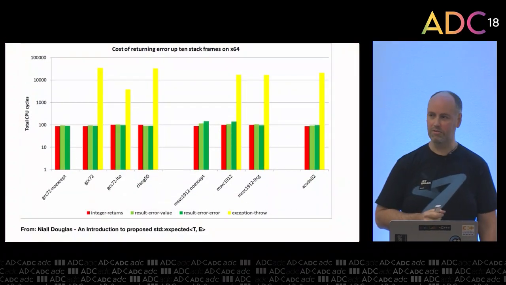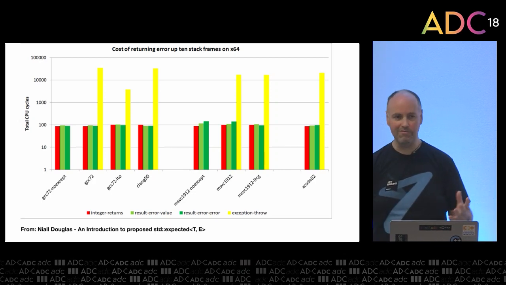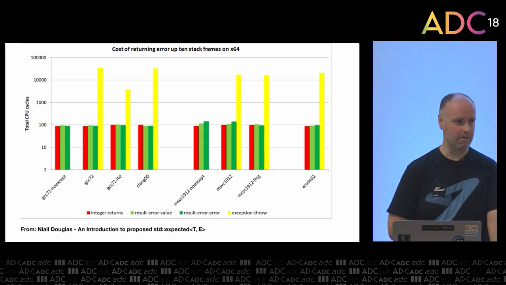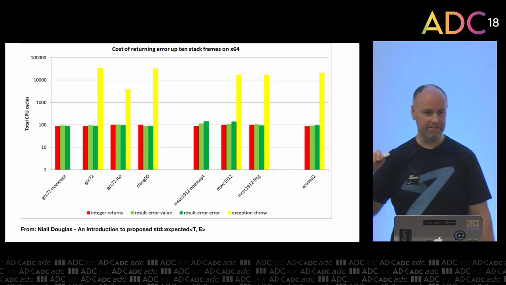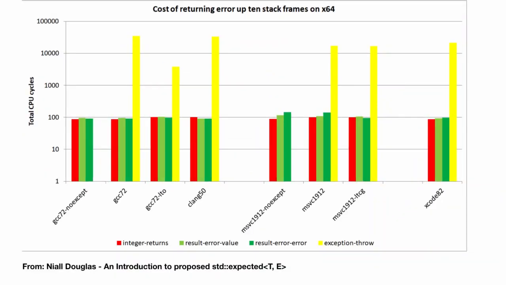Performance. So just the raw performance. There are no completely representative figures on the cost of exception handling for a number of reasons, but a few people have put together their own benchmarks that we can get some insight from. This is one I stole from Niall Douglas, who did a talk last year at Meeting C++. The yellow bars, appreciate you probably can't read this very clearly, are the cost of throwing an exception up 10 layers of stack on an x64 platform. Whereas the other bars are different types of returning error codes. A few variants, doesn't matter what they are.